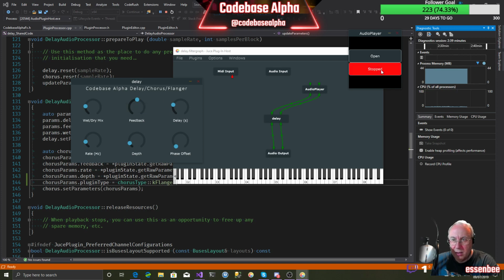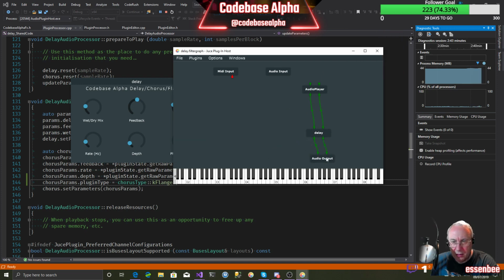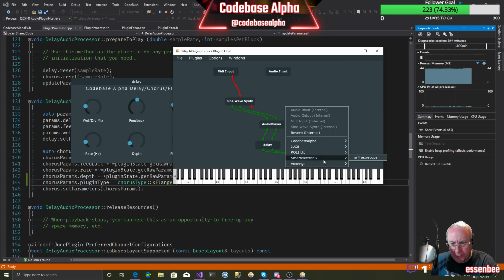Let's stop that. Close this off. And what we'll do is we'll unconnect that, and we'll put in a sine wave generator, which I'll operate from my MIDI keyboard. We'll stick in those connections, connect that up to our delay. What I'll also do is bring in an oscilloscope, and we'll see